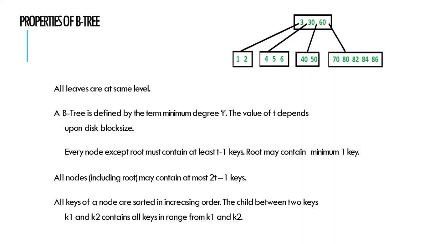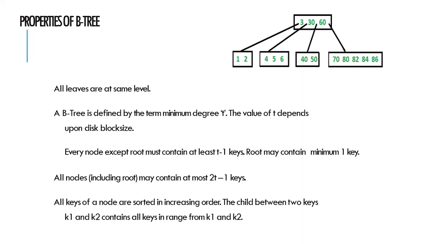Here are some properties of B-tree. All leaves are at the same level. A B-tree is defined by the term minimum degree T. The value of T depends upon our disk block size. Every node except the root must contain at least T-1 keys. The root may contain a minimum of 1 key. All nodes, including the root, may contain at most 2T-1 keys. All keys of a node are stored in increasing order, and the keys between 2 keys